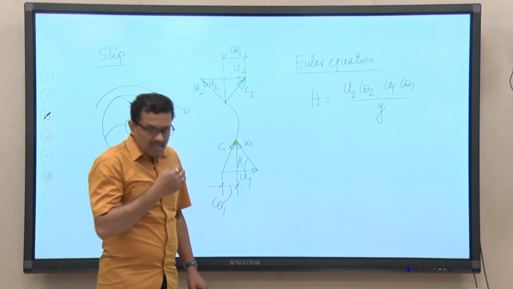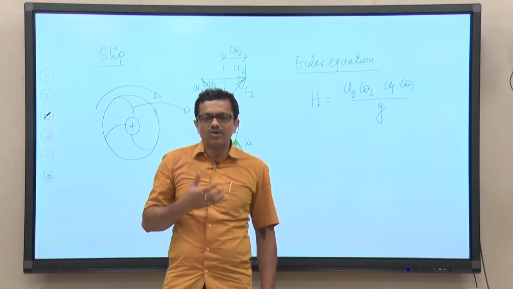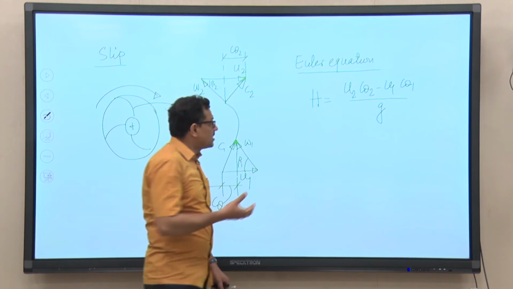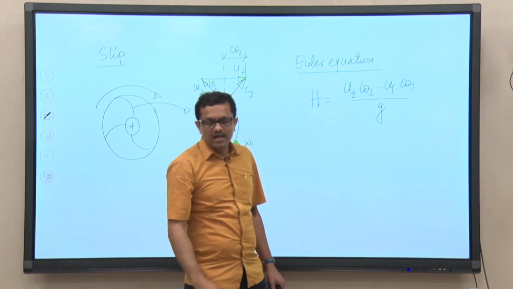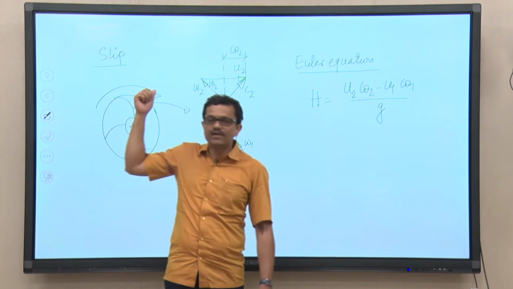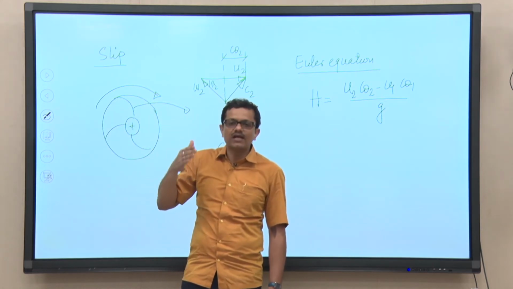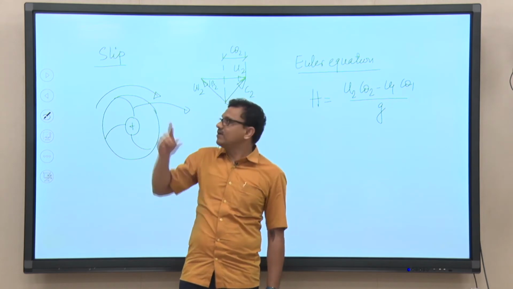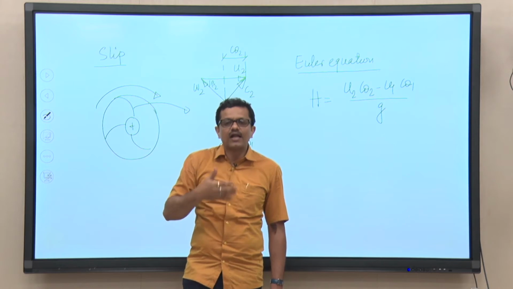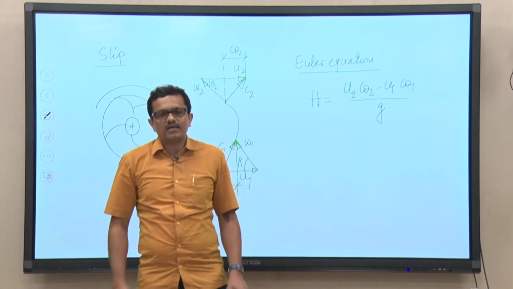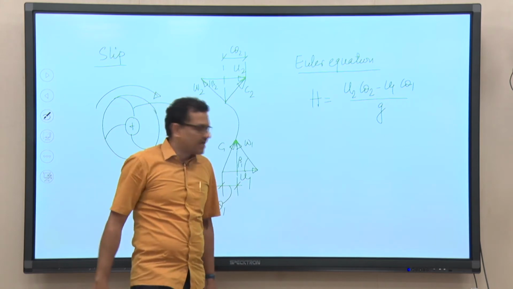Okay. Now, this phenomenon is very important, at least we should know it. Our entire objective is to develop head at the cost of the input energy. Now, if because of this phenomenon, slip, the head is reduced, then definitely our attention should be given to that phenomenon, to know what it is and how we can reduce it, if we can reduce it at all, right.